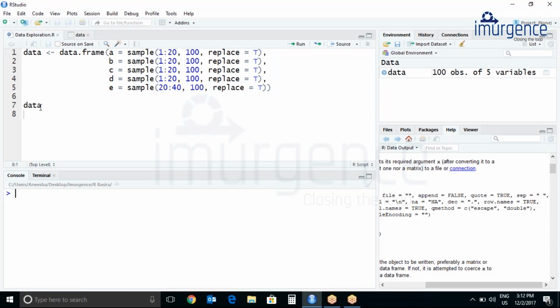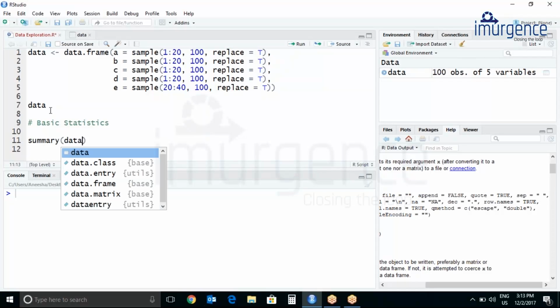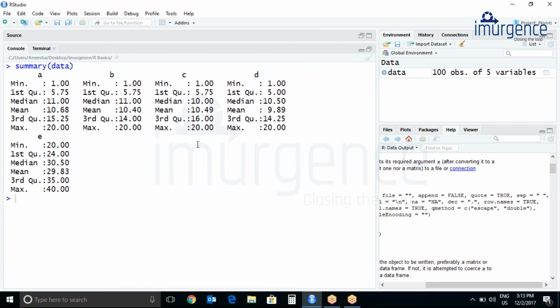Let's calculate some basic statistics. Let's do summary of data. So summary, data. Let's hit Control Enter. So summary gives you the distribution across the variables.